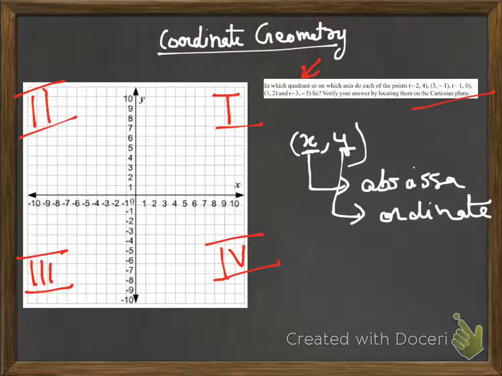Now let's plot these points. The first point is (-2, 4). We start with the origin. The origin is the point where the x and the y axis intersect each other, and we go -2 on the x axis, so it's -1, -2, and we have 4 on the y axis, positive 4, so we go 1 positive, 2 positive, 3 positive, 4 positive. So the point that we are looking for is